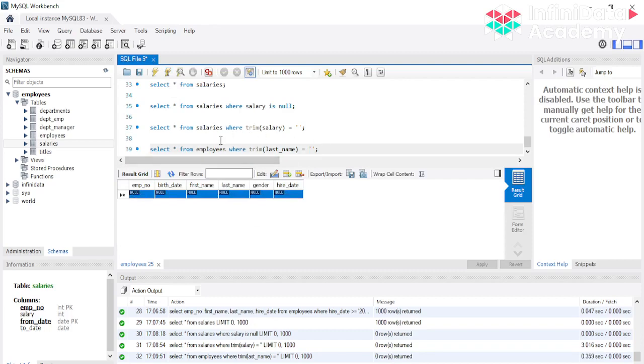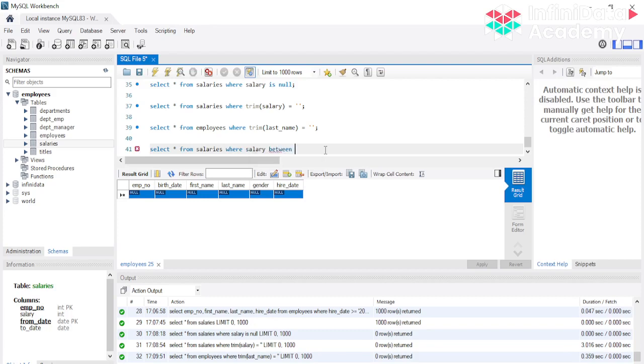So as you can see here, the trim function is used to remove all the extra space, and you can do a blank check comparison using the trim, right? Let's see another query. इस case में let's do this for the salary from salaries, and इस case में we will do the salary check where salary.